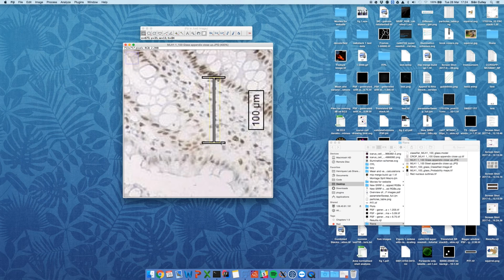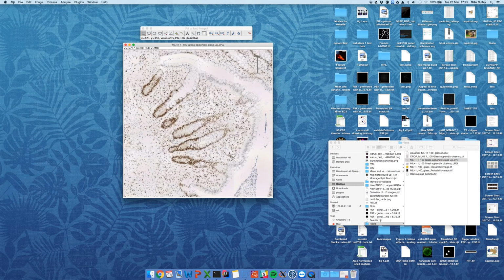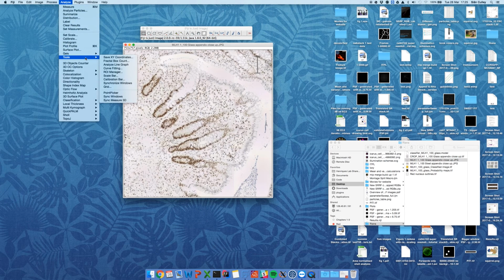And what you can see in the Fiji bar, where it says Fiji's just image day, it tells you the width and height and position of the rectangle that I've drawn. So we've got a height of 84 here. So that means that 100 microns is about 84 pixels. And we can actually tell the image that by going to Analyze, Tools,